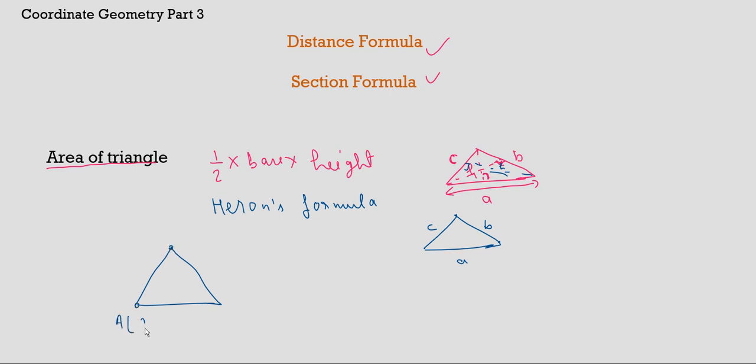This one is point A (x1, y1), this is how you write coordinate points in ordered pairs, then B (x2, y2), and C (x3, y3). So this is a triangle ABC having the coordinates (x1, y1), (x2, y2) and (x3, y3). Now, how do we write the formula for such a triangle having its coordinates? Let me teach you, pay attention.